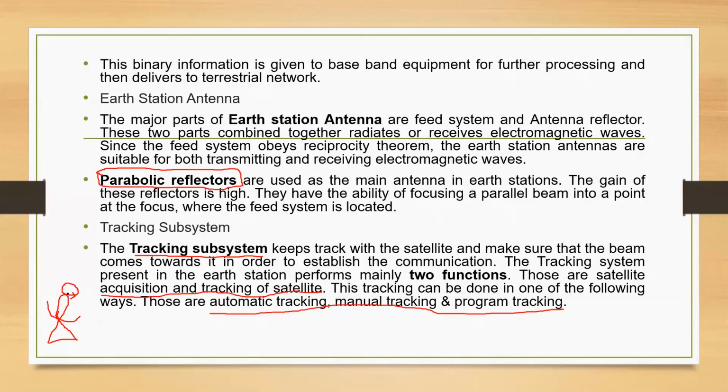Manual tracking is used in case you find that the signal power is less. Then, depending upon the satellite's future location, there are lookup tables to look at. The network controller switches the direction of the earth station towards the satellite. And program tracking is where this action is actually done by the computer depending upon all the lookup tables and future predictions. It keeps continuously changing the antenna position so that it is always tracking towards the satellite.